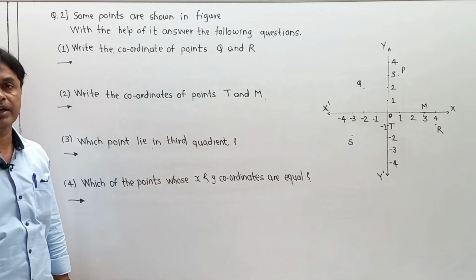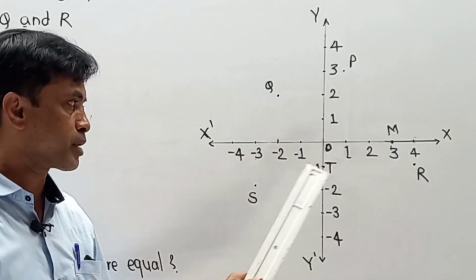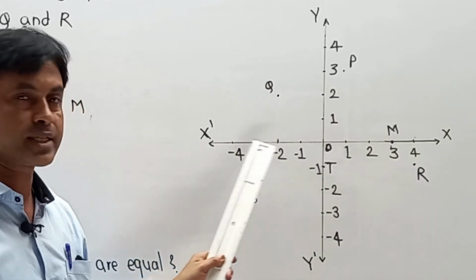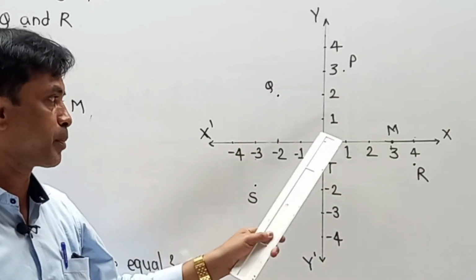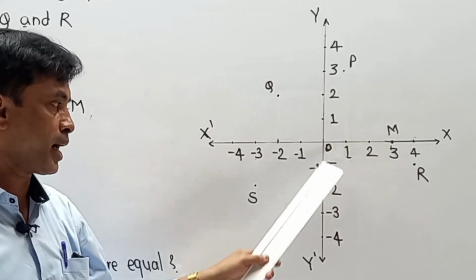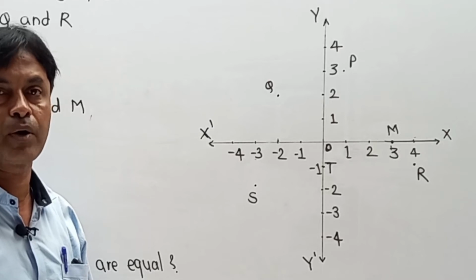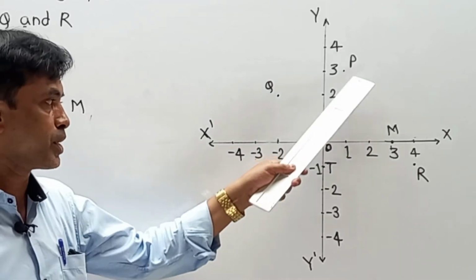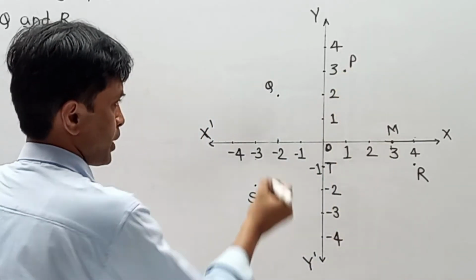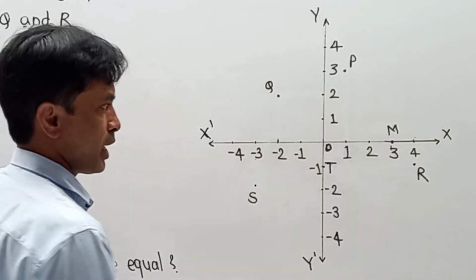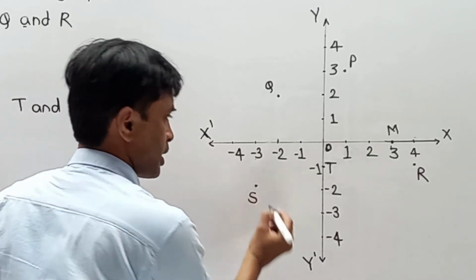Let us try to understand that graphical presentation first. They have given x, x dash, and the points are also limited, 1, 2, 3, 4, and on x dash also minus 1 to minus 4. Again they have given us a y-axis with limited points, 1, 2, 3, 4, and downward minus 1, minus 2, minus 3, minus 4. It means they have restricted this graph in some boundaries. Also they have given some points. One is point P, which is over here. Next point Q, which is over here. Point R is over here. Next point S, which is over here, and point T.